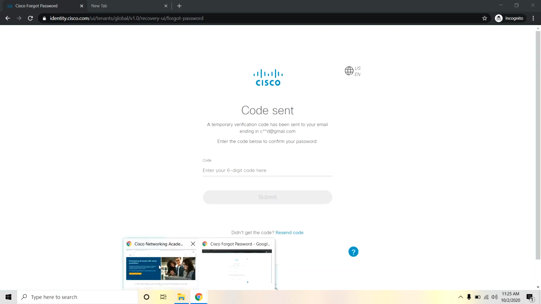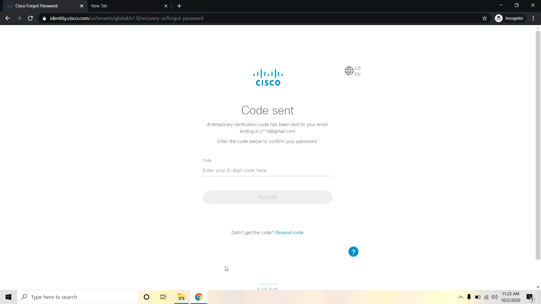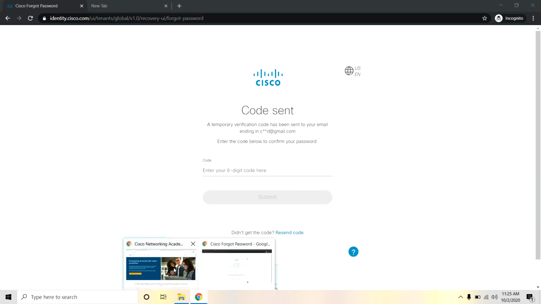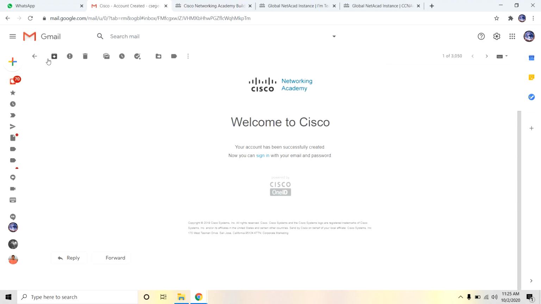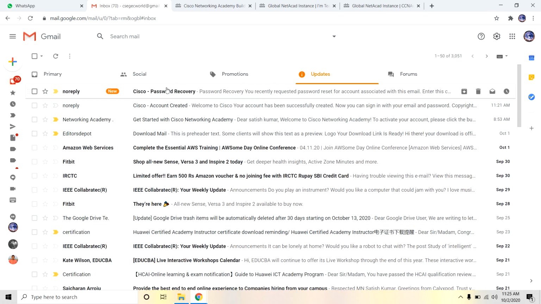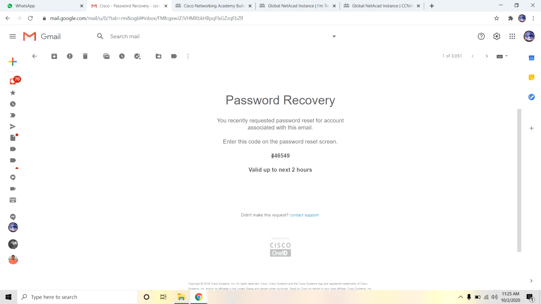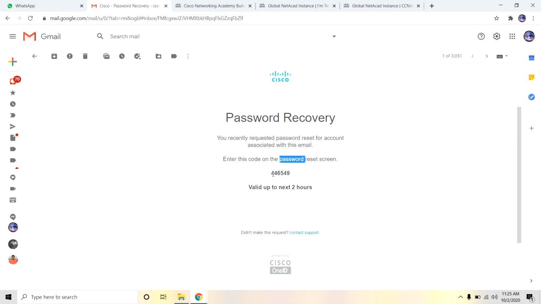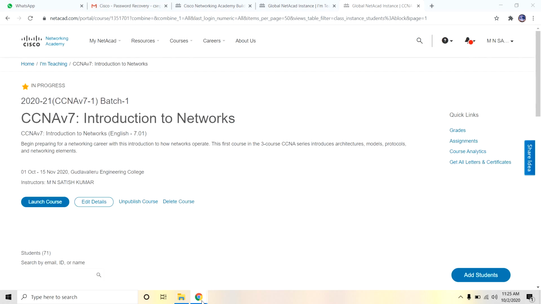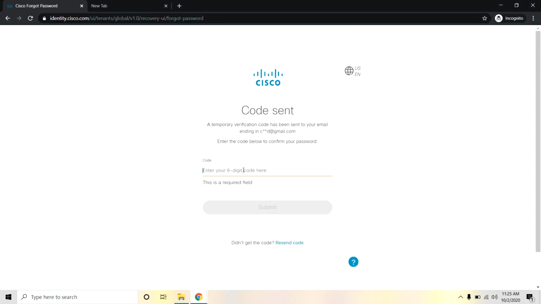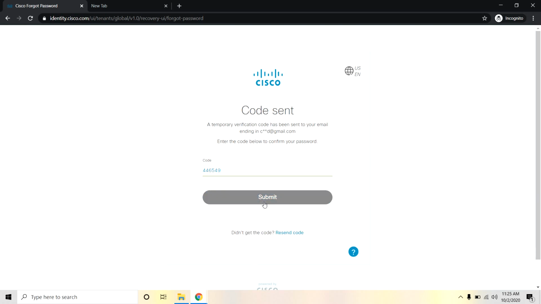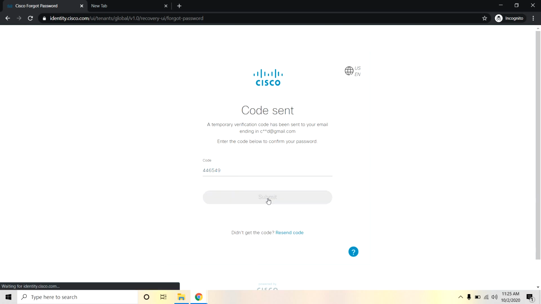Net Academy sends an email with a verification code. Enter this code here and submit.